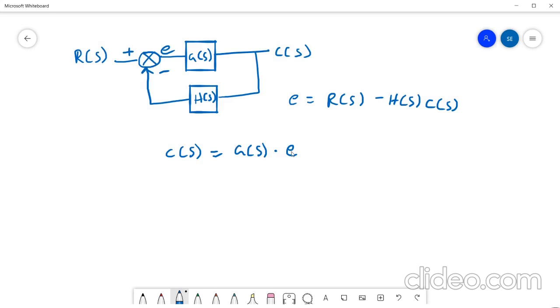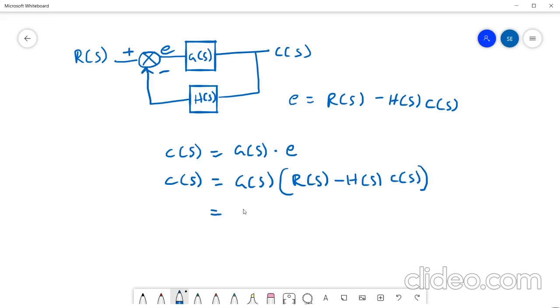This error at that current instant is actually calculated from here, from R of S minus H of S into C of S. So what we'll do, we'll substitute error in C of S, that is C of S is equal to G of S into R of S minus H of S into C of S, right? Now we'll just multiply G of S, R of S minus G of S, H of S into C of S,